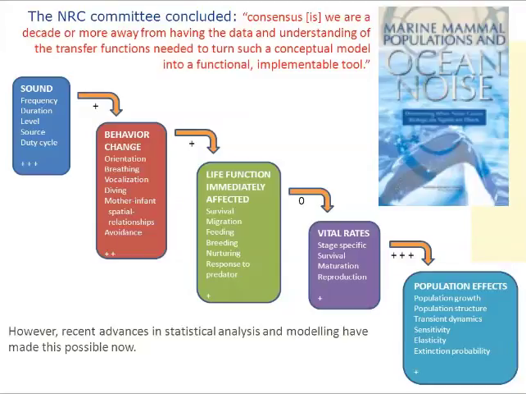Now, at the time that the committee produced its report, which was 5 or 6 years ago, they felt that we were a decade away from getting hold of the data and understanding the mechanisms that are involved in this. But recent advances in statistical analysis and modelling have actually made this possible now, and a group of us were able to persuade the Office of Naval Research that they should go ahead and fund a working group to try and actually develop this model structure and use it to try and work out what the population consequences of some forms of disturbance might be. And you can imagine the Navy's main concern is about the impact its sonars might be having on marine mammals in the world's oceans. Next slide, please, Anna.